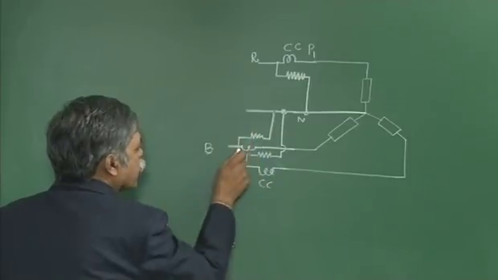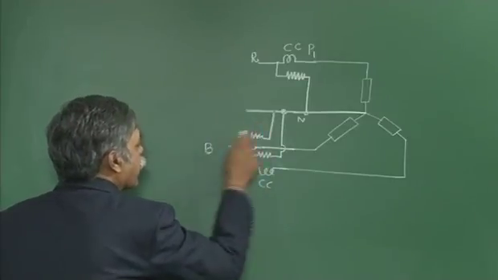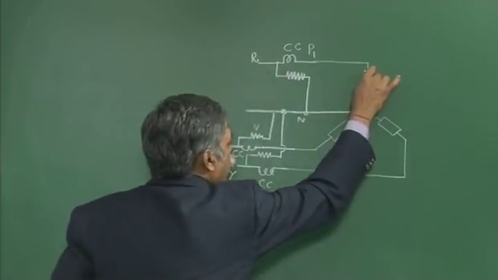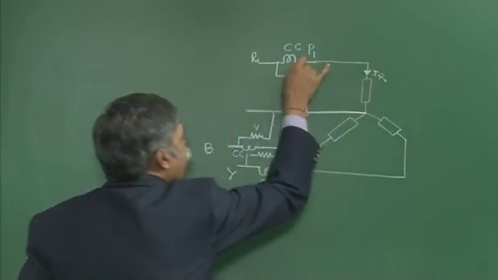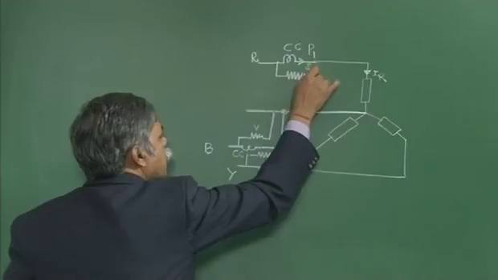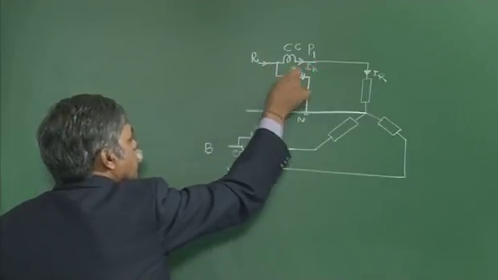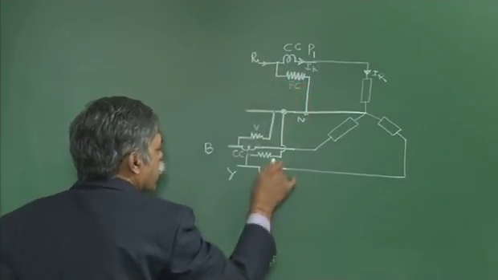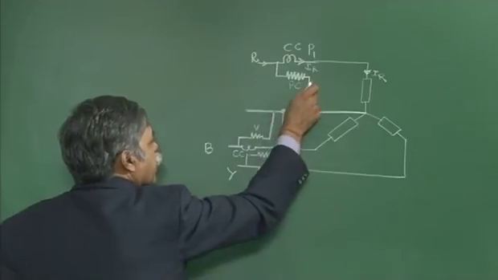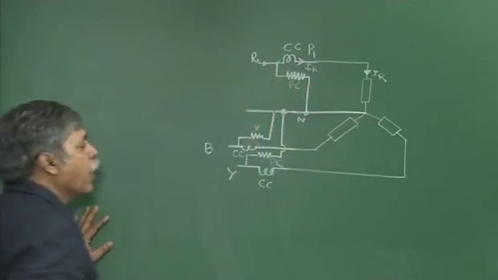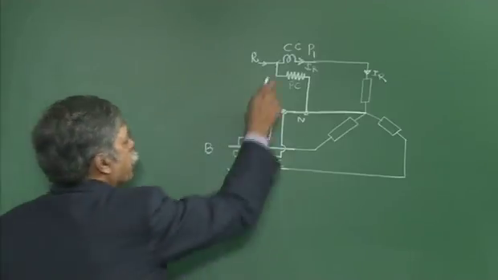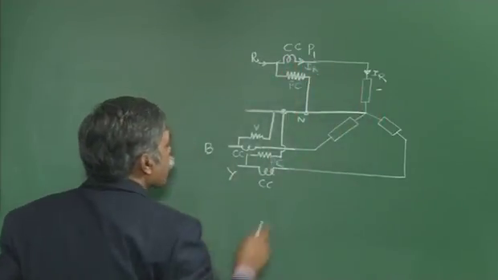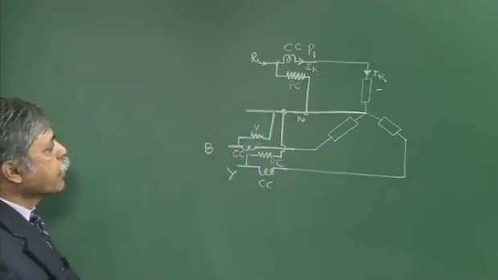In the wattmeter connection, the current coil should always be connected in series with the load, so that the current flowing through the load will also flow through the current coil. This current is also equal to IR, because the resistance of the potential coil, what I call the PC or the voltage coil, will be quite large. Therefore, this parallel connection will draw a negligible amount of current from the system. Therefore, IR, the current in the current coil, will be the current in the load. So this is how you need to connect the wattmeter in AC circuits.